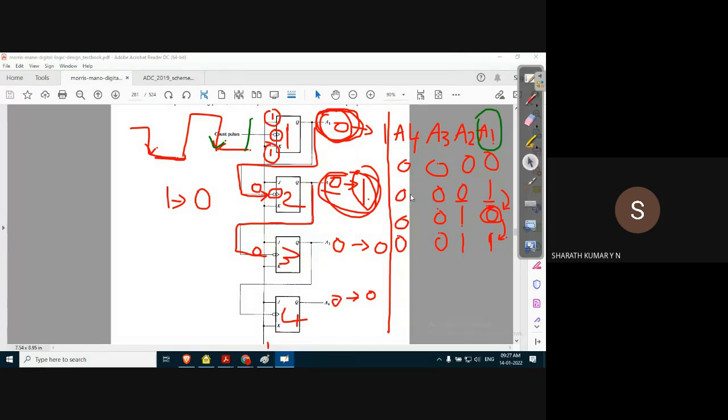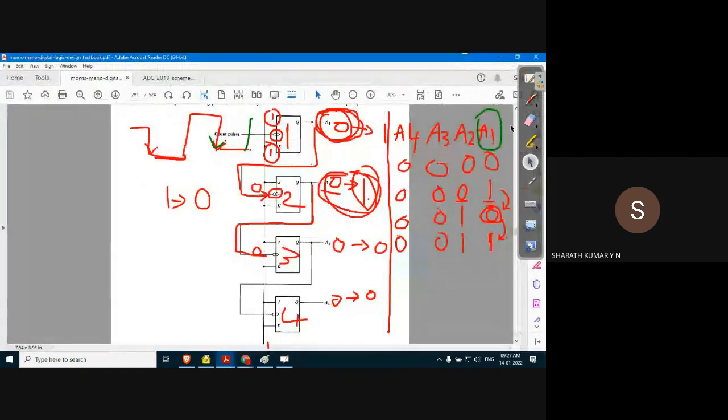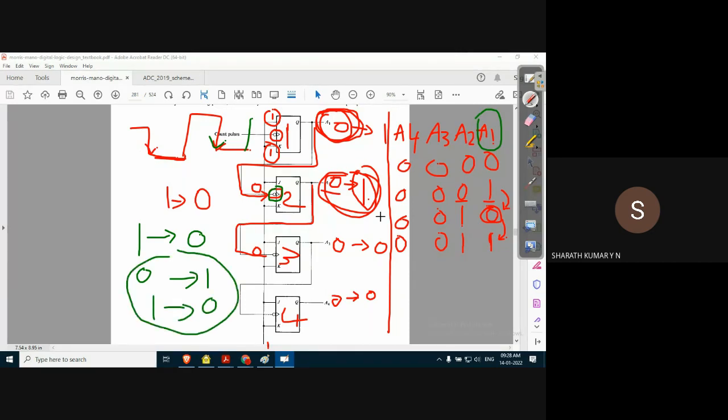Whereas the other flip flops, the second, third, and fourth, receive the previous output as their clock input, and on the negative edge, that is when the output of the previous flip flop changes its state from 1 to 0, the next flip flop will toggle, that is, it will change the state either from 0 to 1 or 1 to 0. So like this the count continues.